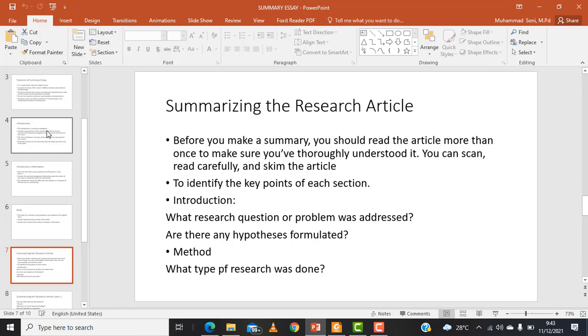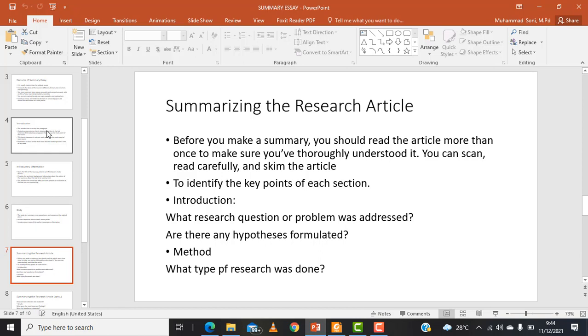And the next is the method. The method gives some explanation about whether the research is quantitative or qualitative. And then it also tells who the respondents of the research are, and how the data is collected and analyzed. So that's the method. And then the next section is